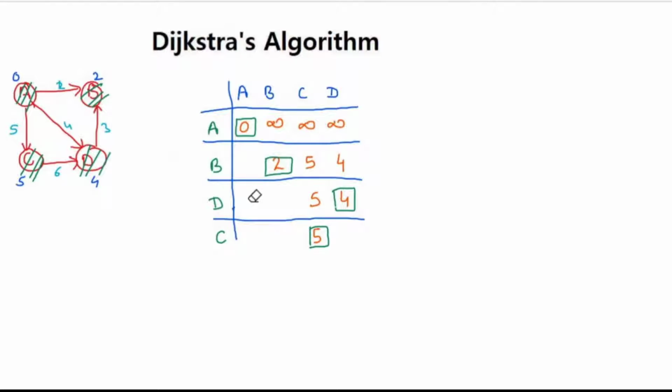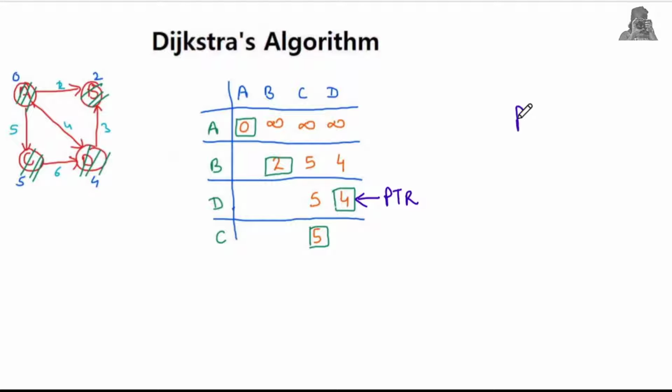Let's say this is our table and we want to find out the shortest path from A to D. So we want to find this from this table itself. How can we do that? We have to set one pointer at this location because at this row the D vertex was selected. So we have to set one pointer here.